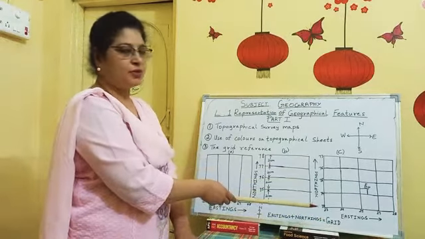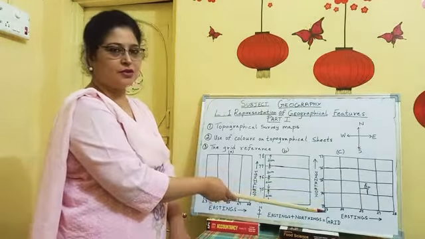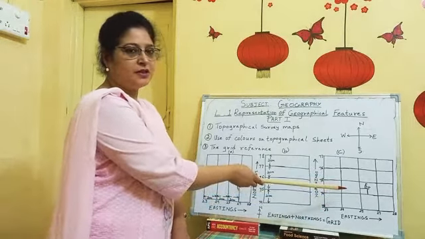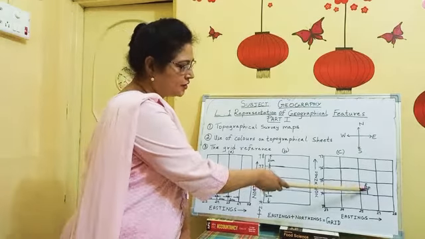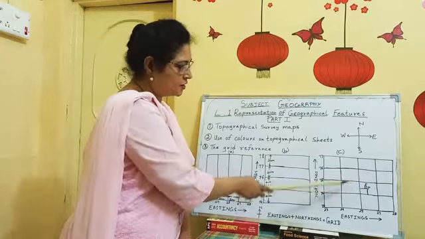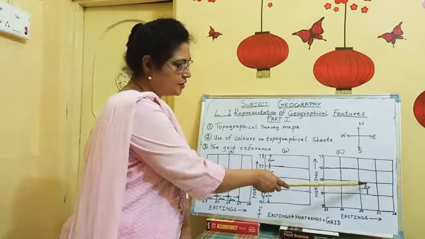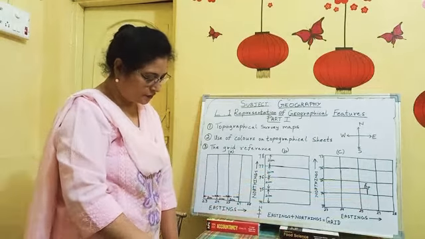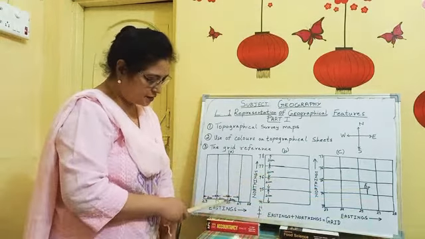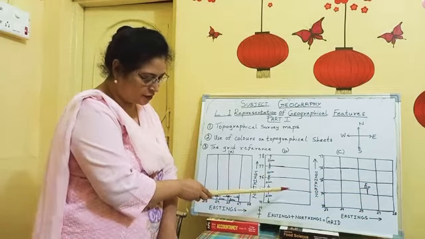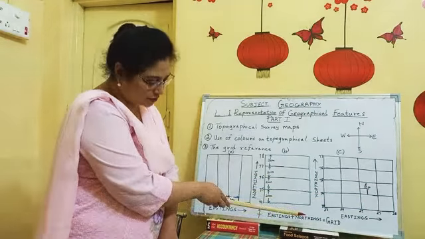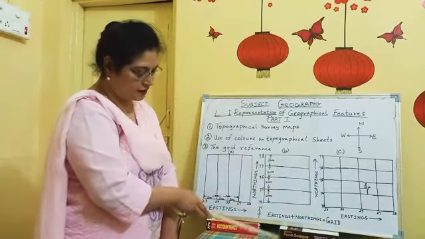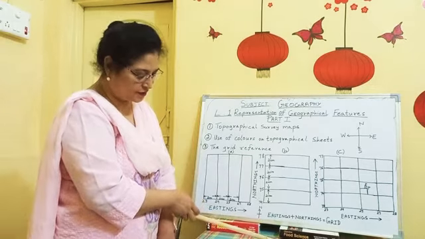These are important because when you have to locate places anywhere on earth, with these two things you can locate any place anywhere on the earth. Over here you can see the point where the vertical and the horizontal lines meet. From there you can locate a place. This network of vertical and horizontal lines, or the eastings and the northings together, is called a grid. It is also identified as the grid reference.